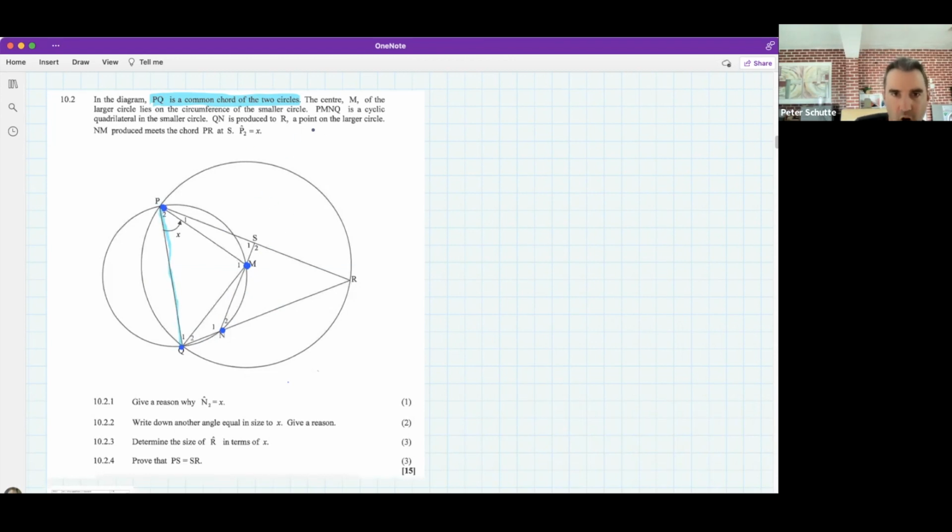QN is produced to R, a point on the larger circle, all good. NM produced to the chord, okay, that's just more wordy. And P2 equals X, which they've shown us over here. Okay, so we've taken some time. Now, obviously, it's harder to do this when you're under pressure, but I always think take some time to introduce